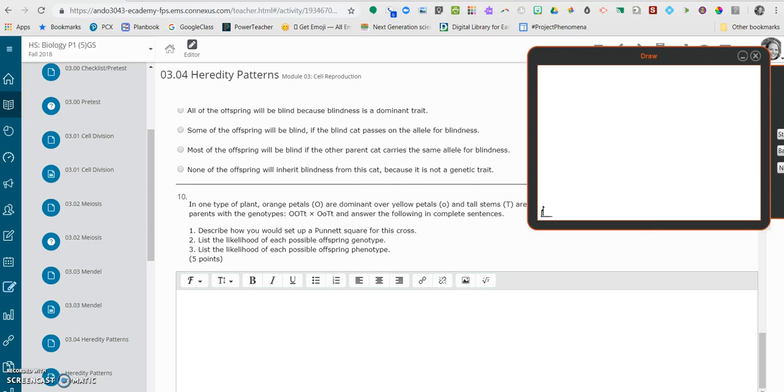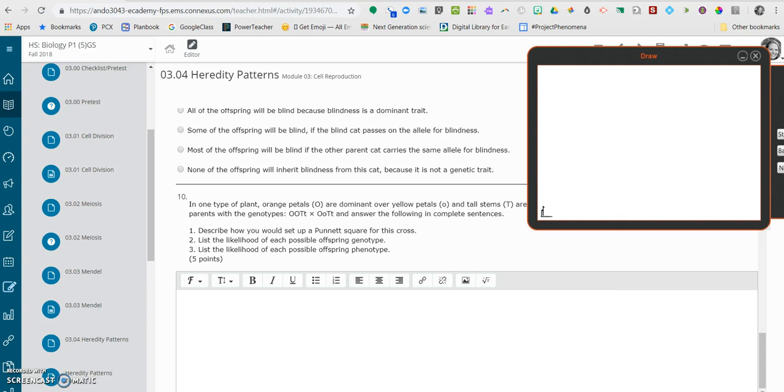Hey guys, this is Miss Hart-Townsley, and I know I've given you a little bit of a tutorial over these heredity patterns, but I'm still getting a lot of students who miss this type of problem, so I just pulled up a quiz. This is a random question, and some of you might actually get this question on your 3.04 quiz, but I want you to notice the genotypes of